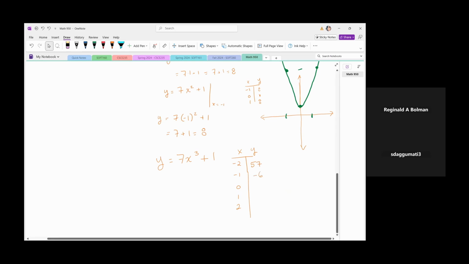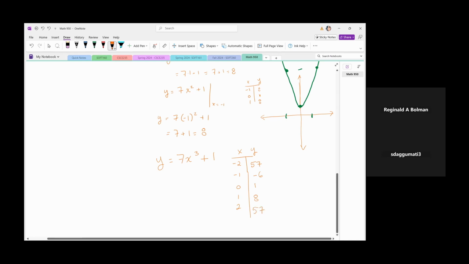So now 0, 0 cubed is 0. 0 times 7 is 0. 0 plus 1 is 1. 1 cubed will be 1. 1 times 7 is 7. And then 7 plus 1 gives you 8. And then 2 cubed is 8. 8 times 7 is 56. 56 plus 1 gives you